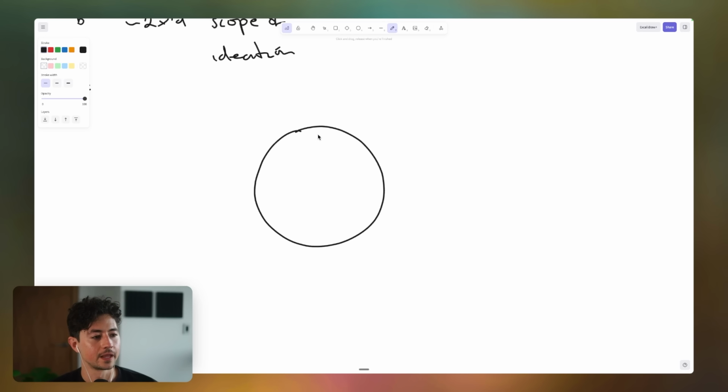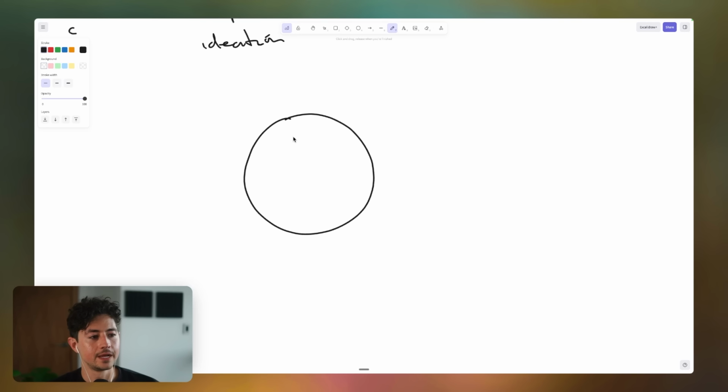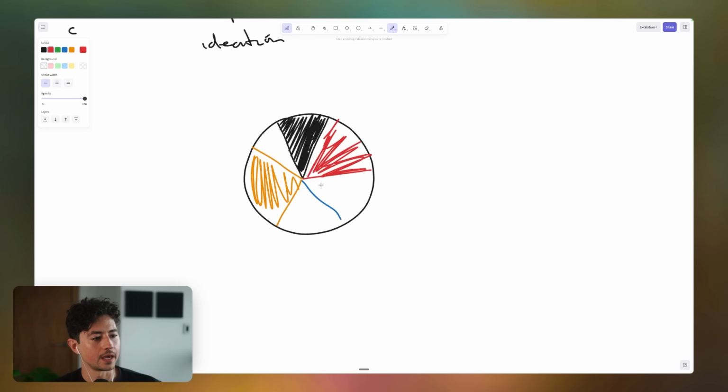So if this whole pie chart, to get back to things, is all possible responses, if you just run one search, basically you're only getting a small chunk of all of the possibilities. And so instead, what we're doing is running multiple searches. One search is going to get this, another search is going to get that, another search is going to get that, and so on and so forth. And then what we do next is we take the answers and the replies of the model, that should be red, and this one should be blue. And in doing so, we get to traverse significantly more of that search space without necessarily consuming any more of our time.